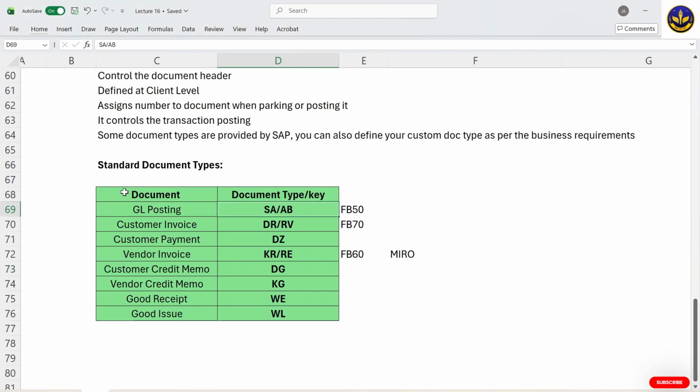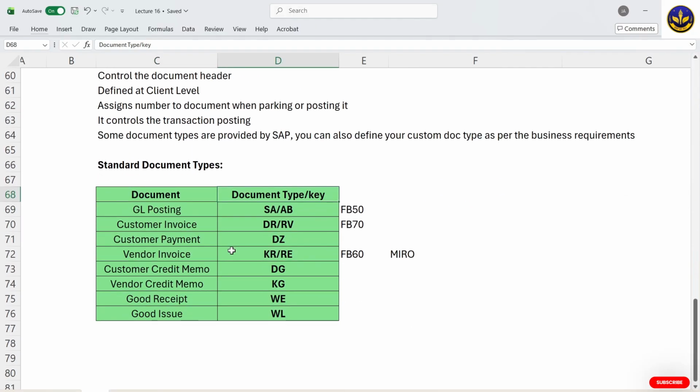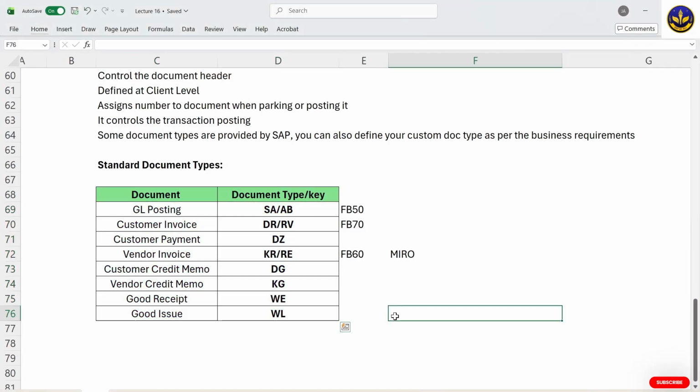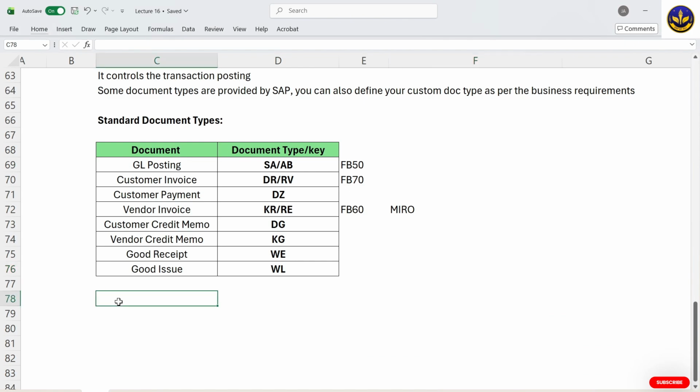Okay, so these are the document types, or document keys, which are generated. Now, moving on, we will see how we can do the configuration. There is a path and there is also a T code. We already know that we start with SPRO,